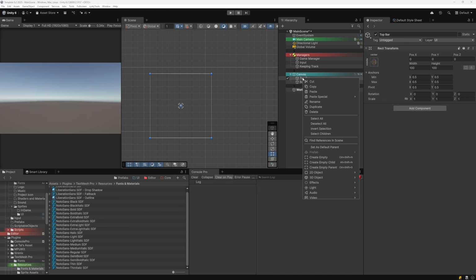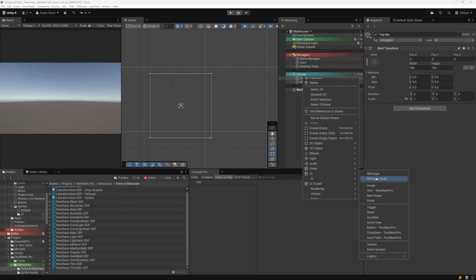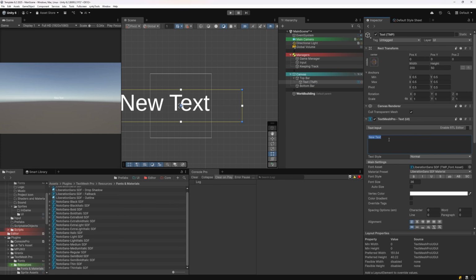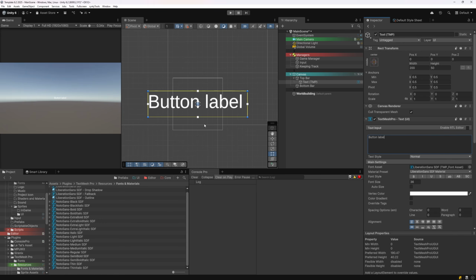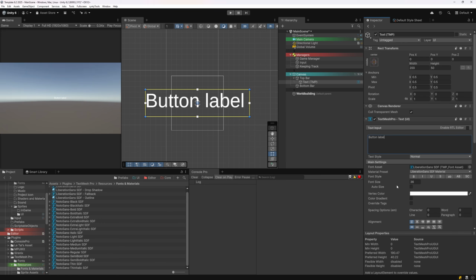Let's create an initial text box and fill it with some short description. I defaulted to just button label and size it in a way that looks readable. I always found the 35-point text mesh uses by default to be way too big and way too clunky. Make sure to set your game's aspect ratio to something real like 1920 by 1080 to be able to judge